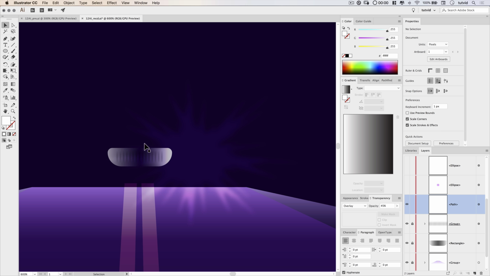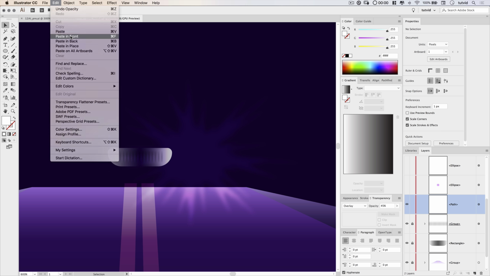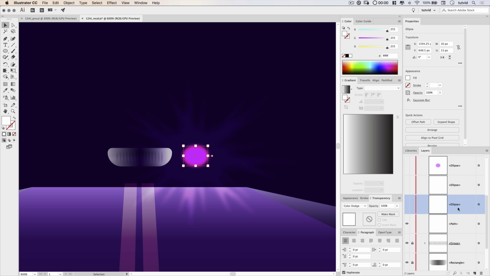So you can see we're really knocking it down because we're going to be building this effect out step by step here. So I'm going to go Edit and choose Paste in Front to paste another copy of that ellipse right on top of that starburst that we just created. We'll drag that down. I actually looked at the wrong layer there. There we go. Our shape is now right on top of where we want it to be. I'm going to lock up the layer that we just created. So this, just to name it, is our first flare, flare 1. And this here is going to become flare 2.